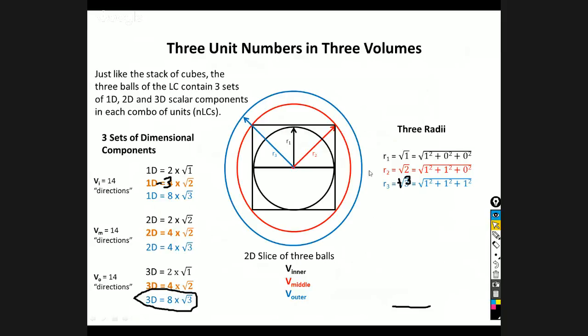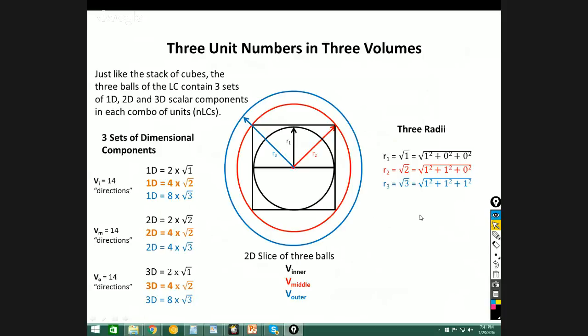The one, which is derived from the Pythagorean theorem, where we have one of the terms of a three-dimensional formula populated, the other two are 0, and then we populate two of them when n is equal to 1, and that gives us the square root of 2. And then if we populate all three of them, that gives us square root of 3, which is this radius here